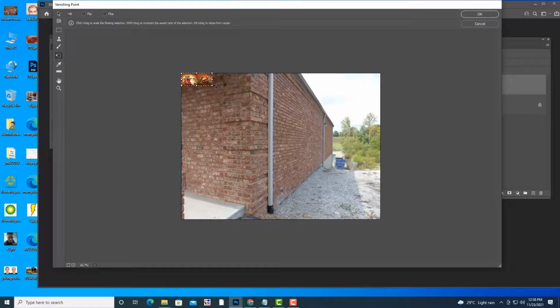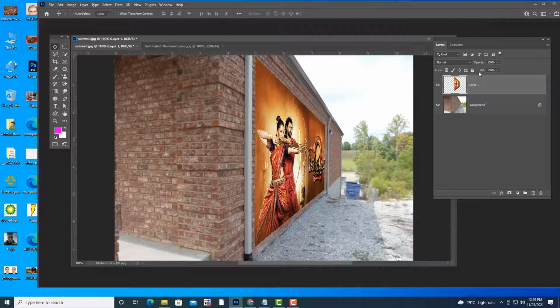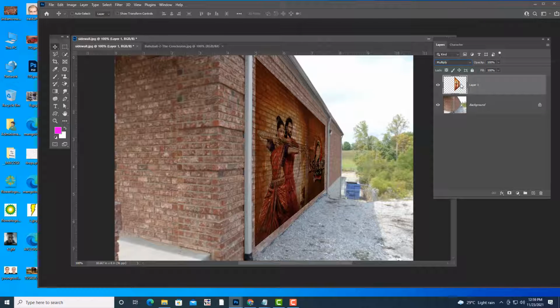Control T, transform tool, make it very small. We have to make it very small because now we are going to put the image inside this grid. If you don't make it small, the image will be very big inside the grid, so it will become difficult for you to adjust it inside the grid. So I am reducing the size, and now I am going to place it inside the grid. Let me adjust the image properly like this. I have adjusted, and then simply click OK. Then you can use blending mode, multiply, and you can finalize. So this is the software way of adjusting.